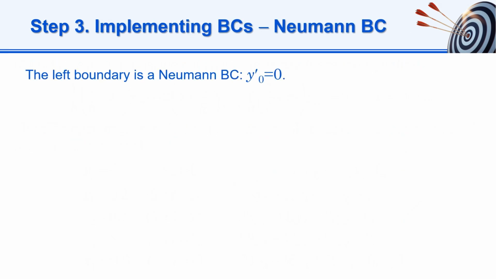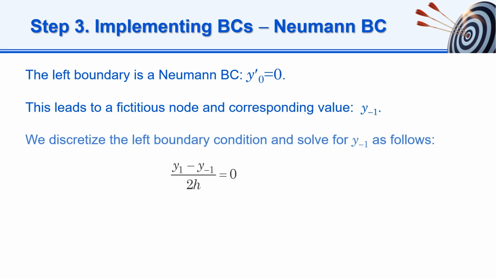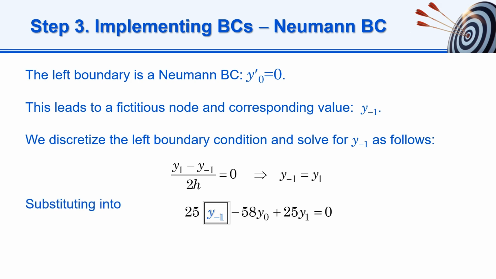The left boundary is a Neumann boundary condition, y'_0 is equal to 0. This leads to a fictitious node and corresponding value, y_{-1}. We discretize the left boundary condition and solve for y_{-1} as follows. Substituting this into the difference equation, we obtain